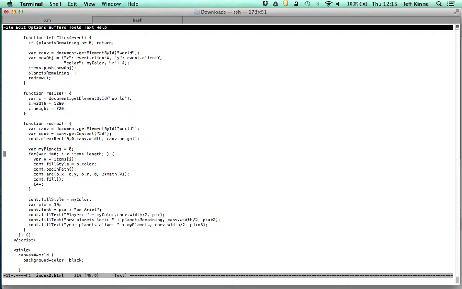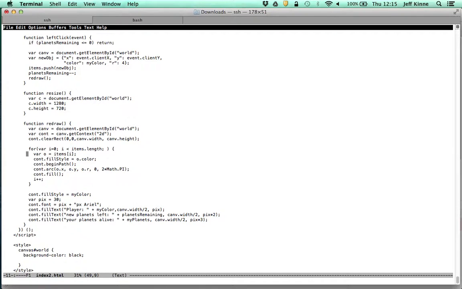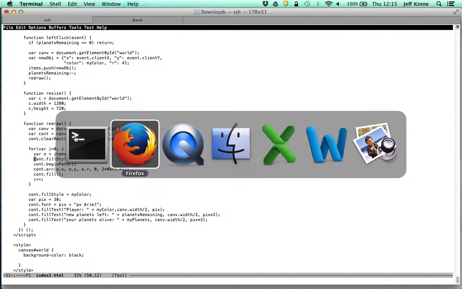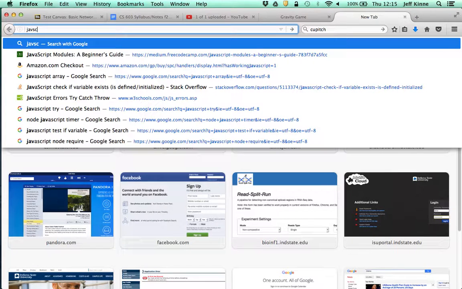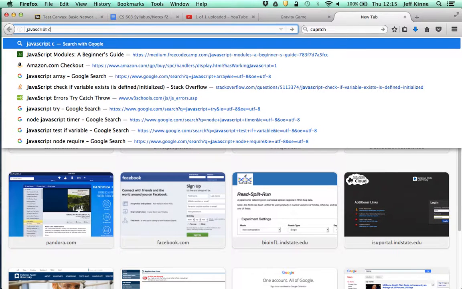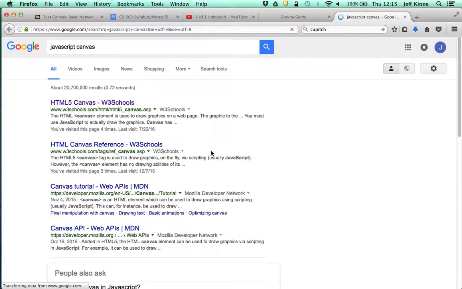I'm not really using my planets here, so okay. The context, there's a bunch of stuff that can happen in the context, and if you go and look at JavaScript Canvas, W3 Schools is a good site. You click through, you'll see